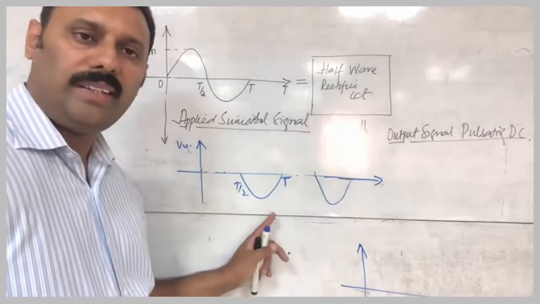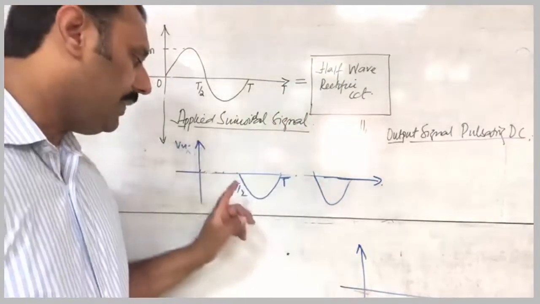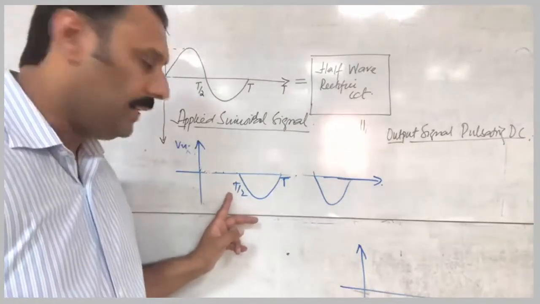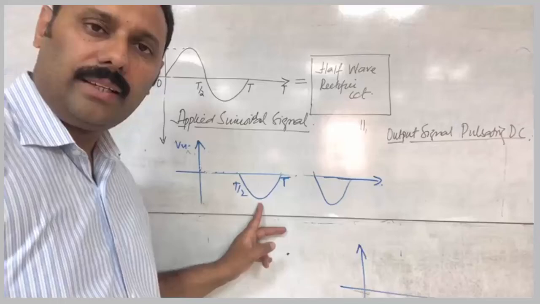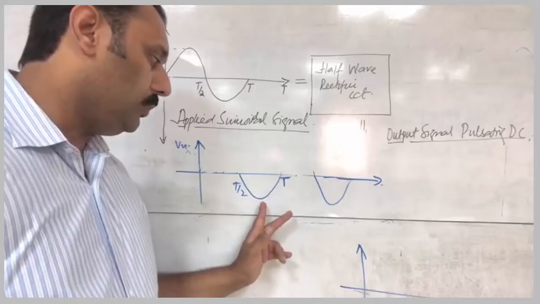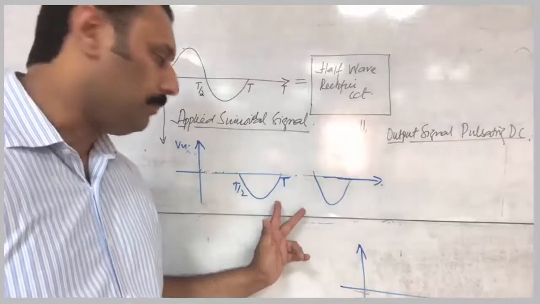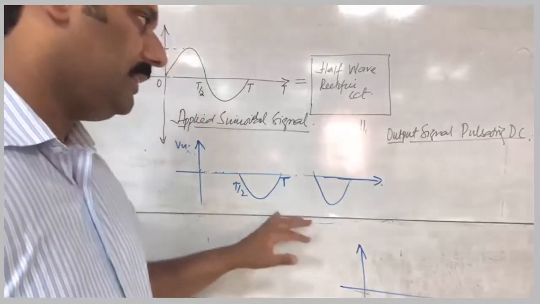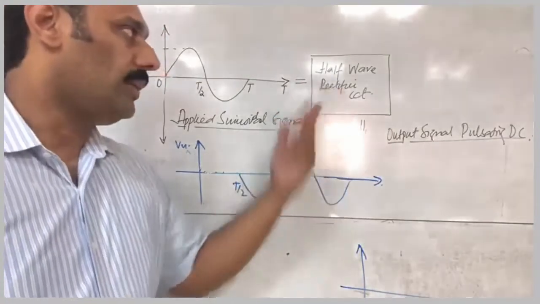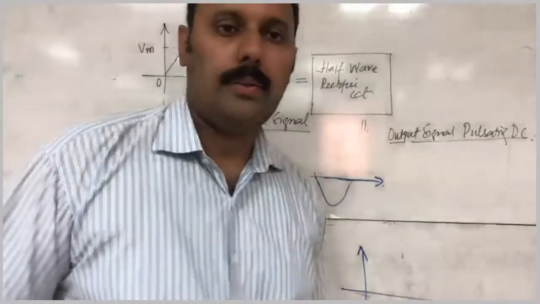Similarly, it is also possible to get this type of output signal with the half-wave rectifier, where the circuit completely blocks the positive half cycle and allows the negative half cycle to pass through it. Due to this, only the negative half cycle will appear at the output side, that is the pulsating DC, the same as we have shown before for the positive half cycle. So the half-wave rectifier circuit can allow only one cycle at a time.